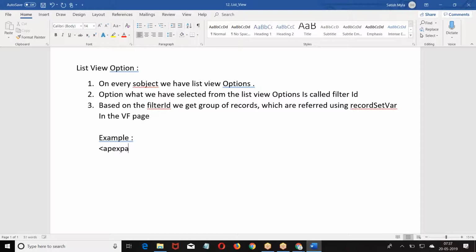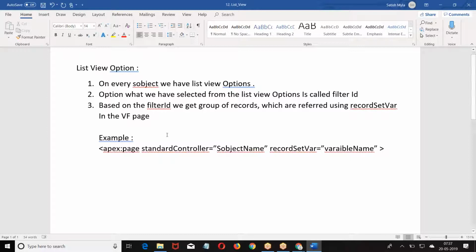Apex page, S object name. This is how we define. Right, boss?